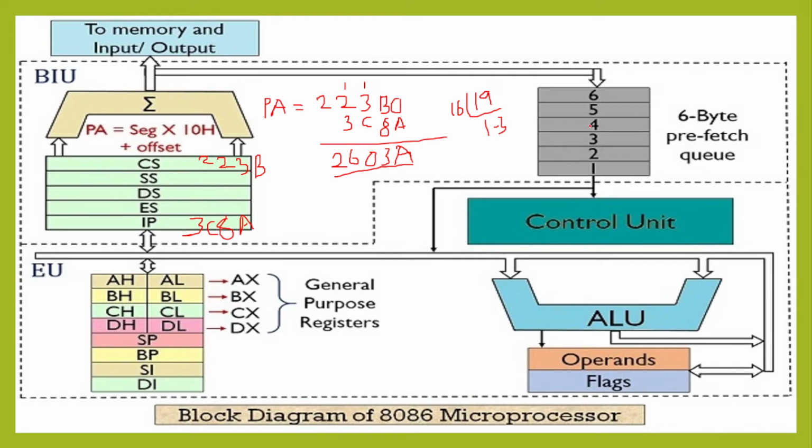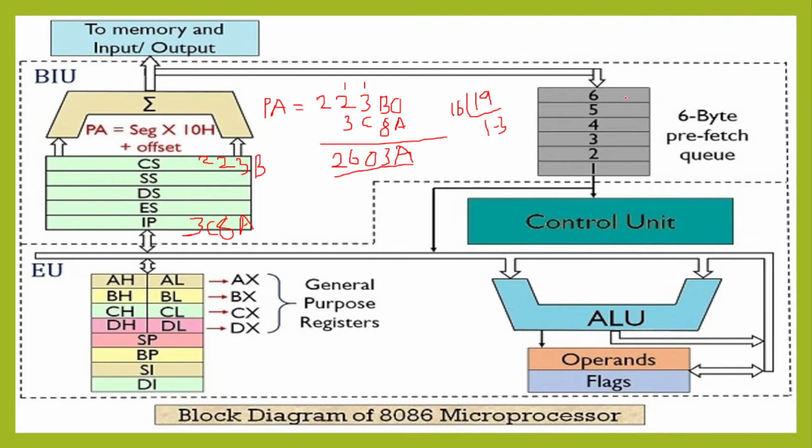So next we'll come to the instruction queue. Instruction queue is a first in first out queue, just like a pipeline, to hold the instructions temporarily. If the size of the instruction queue is 6 bytes, at a time it can hold 6 bytes of instructions, not 6 instructions, 6 bytes, because every instruction will differ in size. One instruction may be 1 byte, up to 4 bytes. 86 will have from 1 byte to 4 bytes. So the instruction size depends upon what kind of instruction we are writing.